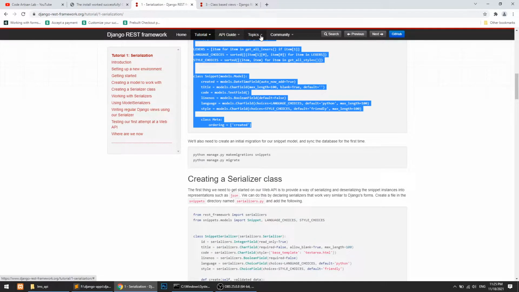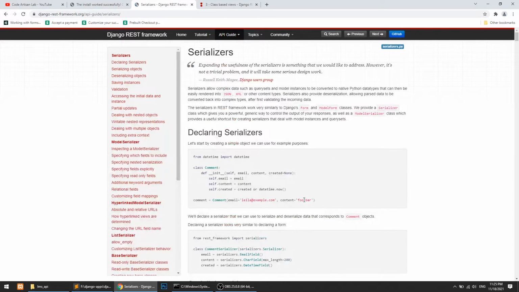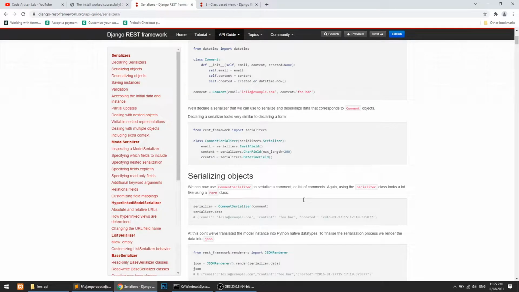Let's go to the API guide and then to serializers. If you want to create a custom serializer according to the fields, just see it as form fields. If you are creating a website, you will use a form, and if you are creating an API, you will use a serializer.